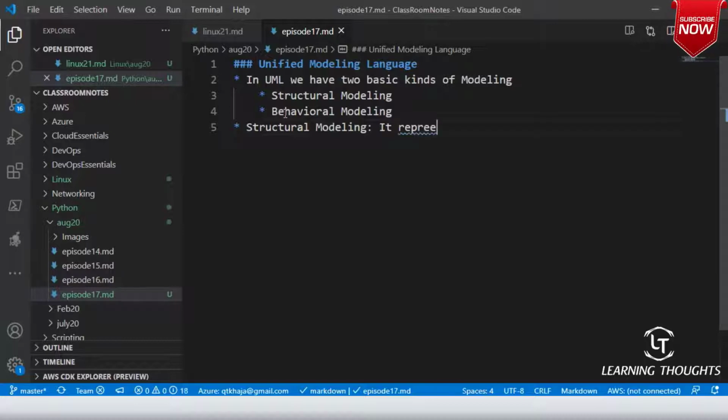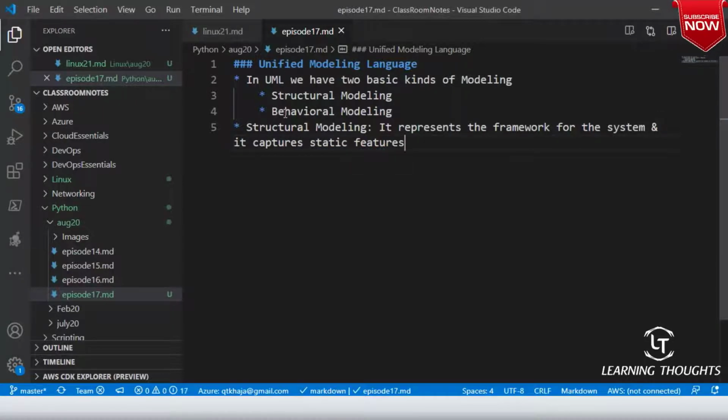It represents the framework for the system that is in place, and it captures static features of the design. This is what structural modeling is all about.